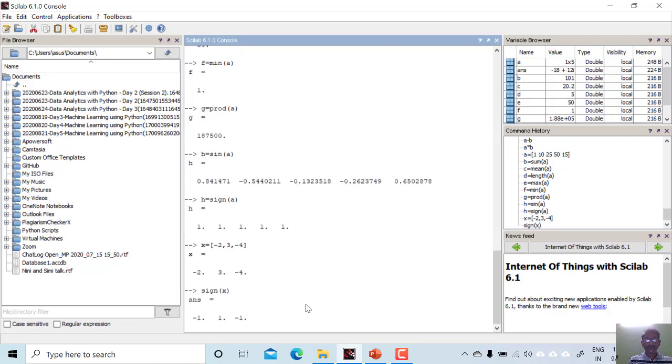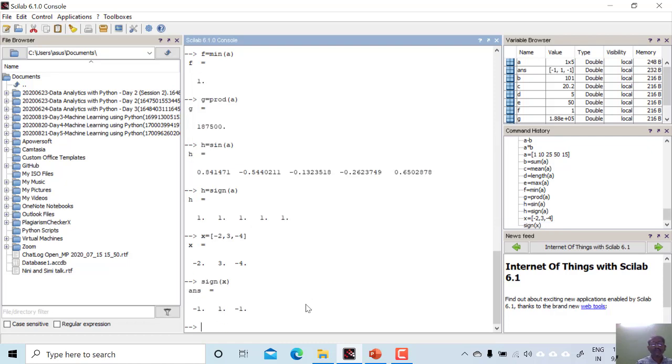We can see that the first element is a negative number, so -1 is here, the second was positive, and the third was negative. In this way we can know the sign of each element inside the array.